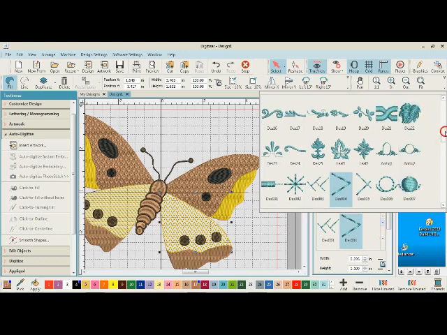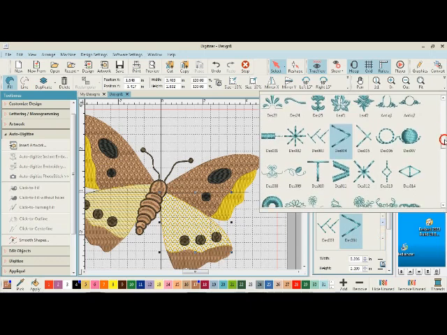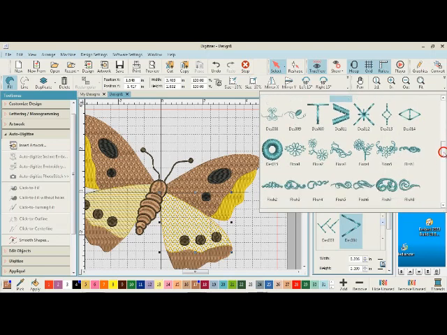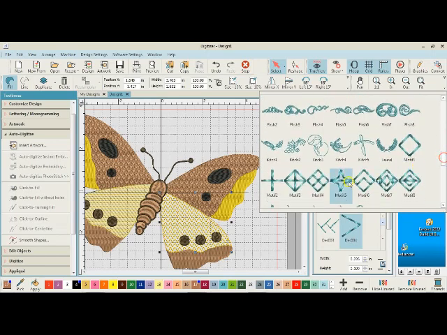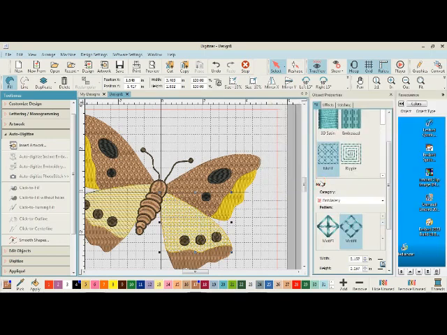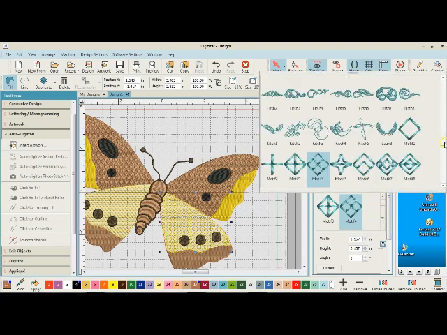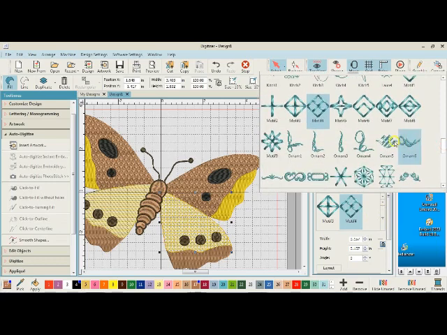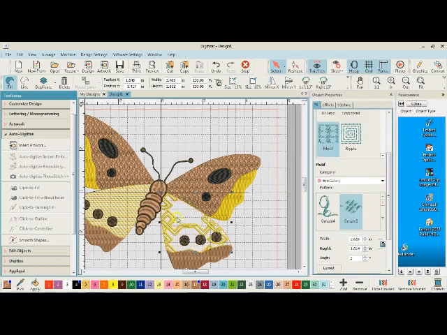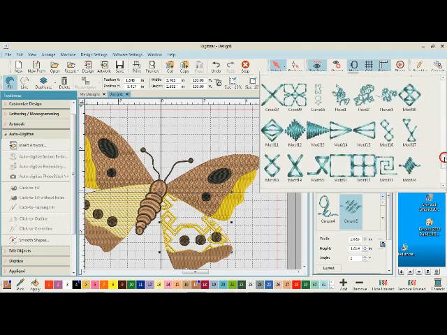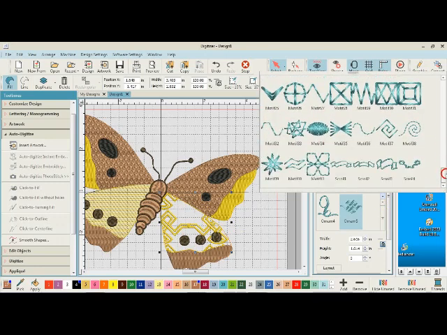Some of them are made up of satin stitches. Some are made up of straight stitches. Some are more elaborate than others. Let's do one of these. You can make something look almost like cross stitch by doing some of these, or blackwork. If you know what blackwork is, you can do that. Here's a combination of satin in here. So there's a lot of different options, and you can make your own